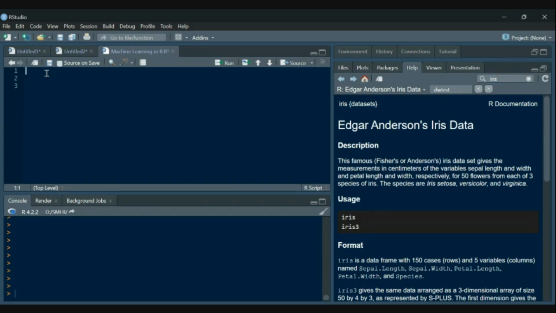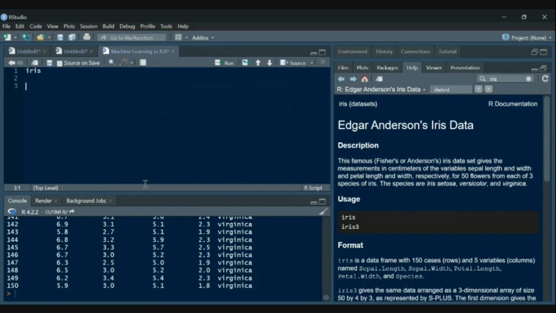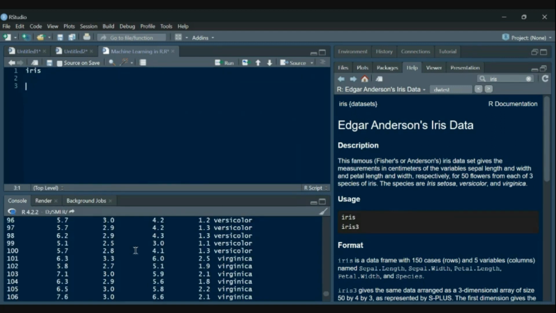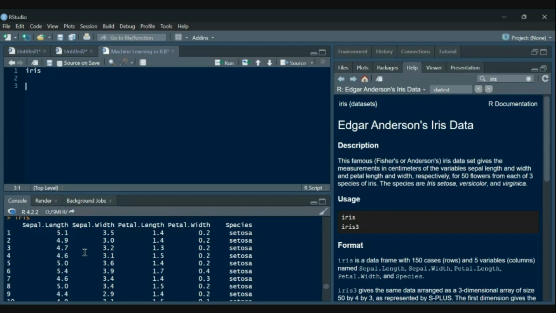Let's see how the data looks. For this we'll simply write iris, and once you write it down and run the command, it will give you this particular data set. This is the sepal length. Sepal is basically the leafy part of a bud, and petals are for flowers.